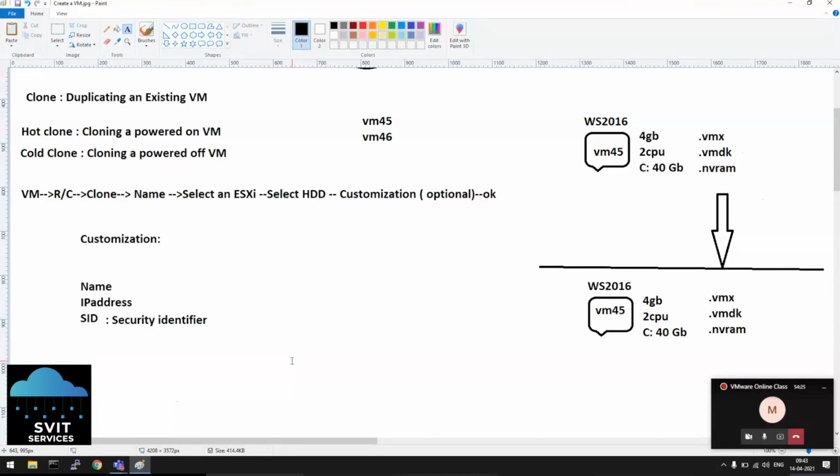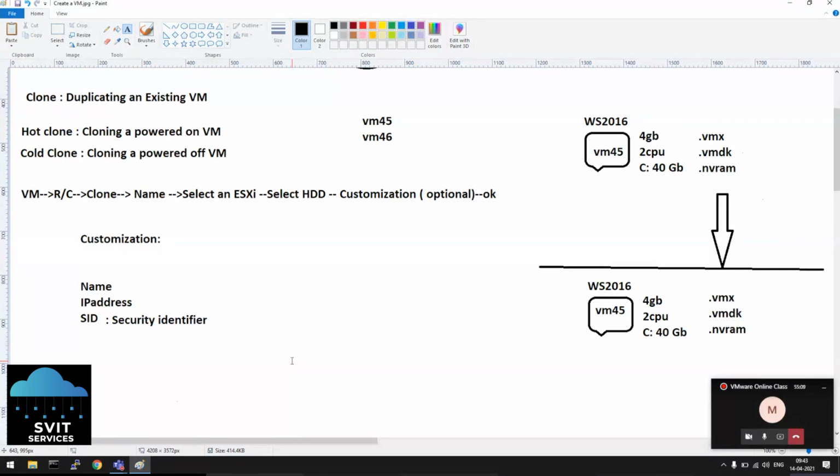Security identifier is purely a Windows topic. If someone is aware of Windows Active Directory, they know what a SID is. Even though we have a unique mobile number, a unique bank account number, and every person has a unique address, they have one more unique number called the Aadhaar number. We know what Aadhaar contains: a lot of your other personal information. All the information is connected together, tied with a particular unique number. Based on that number, we can retrieve whatever data belongs to you.